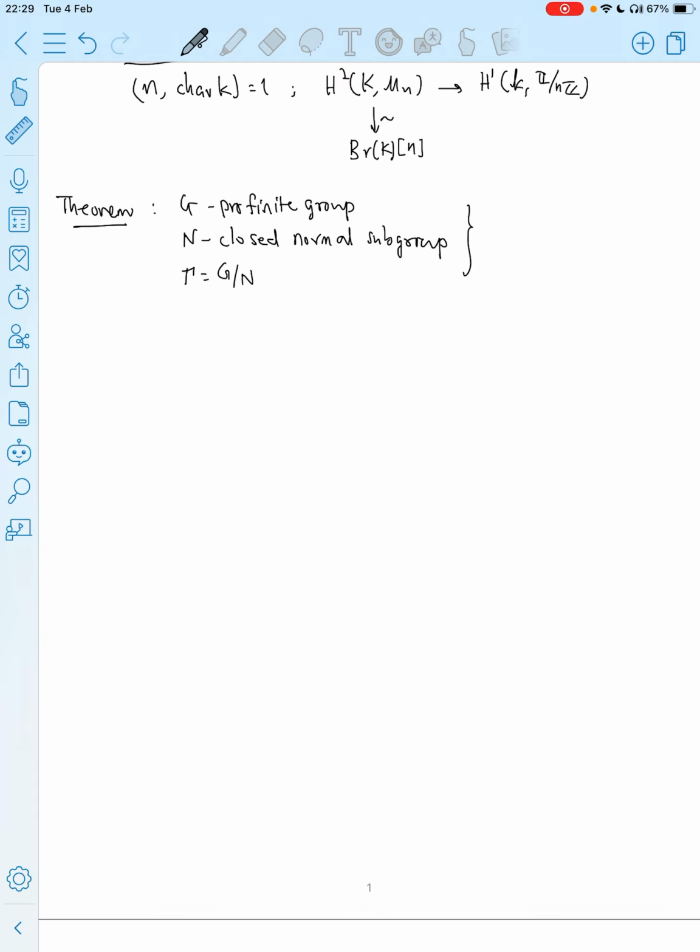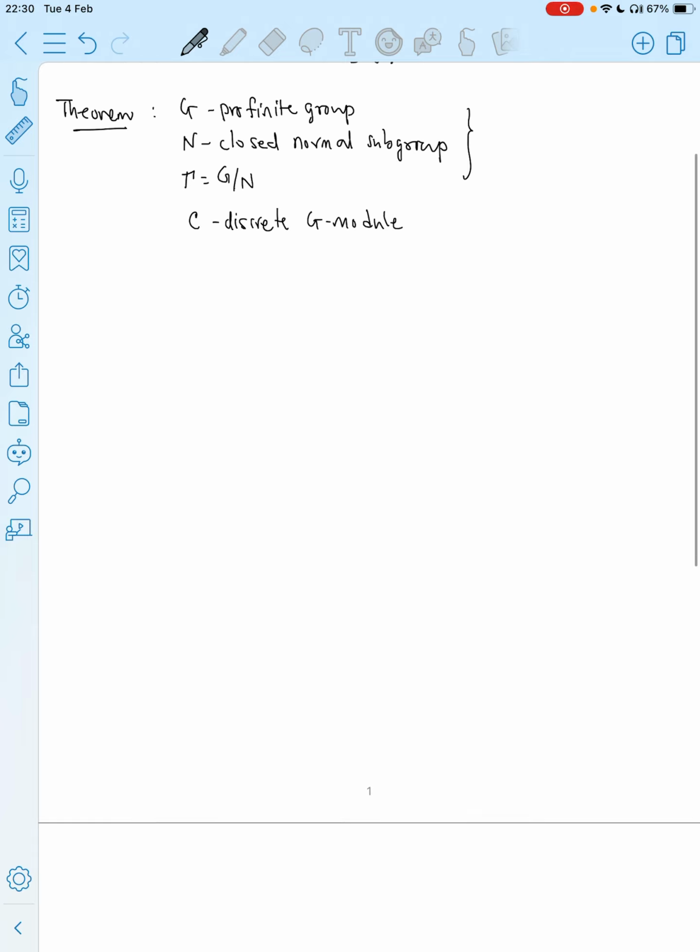So that will be my setup, and C is a discrete G-module. Okay. So the first statement says, suppose